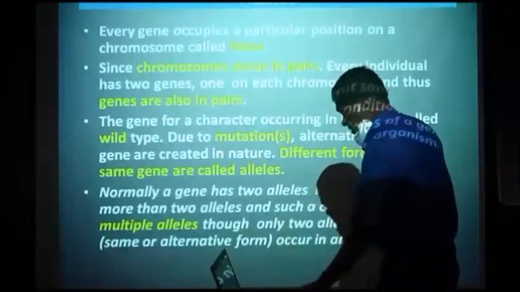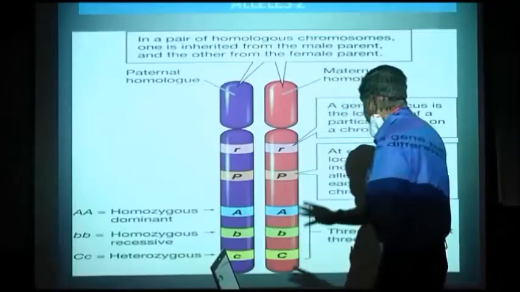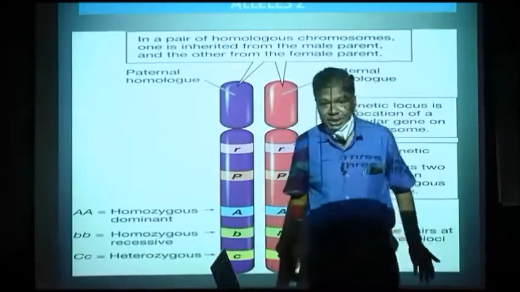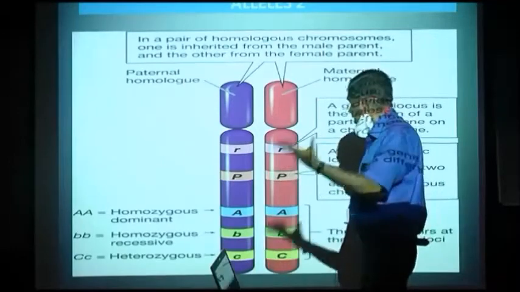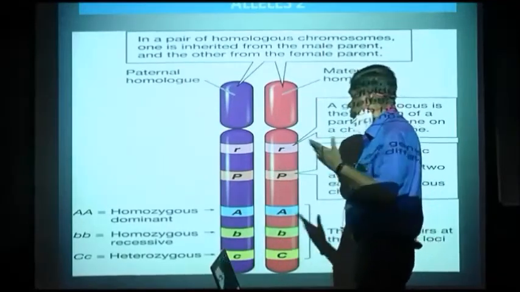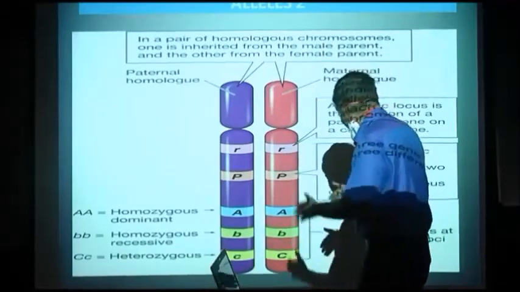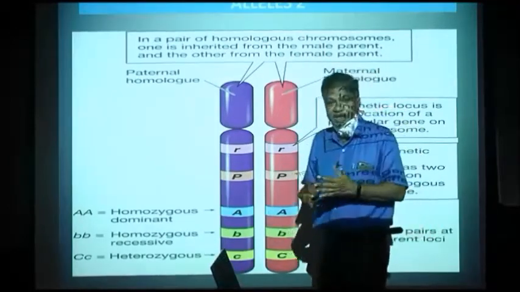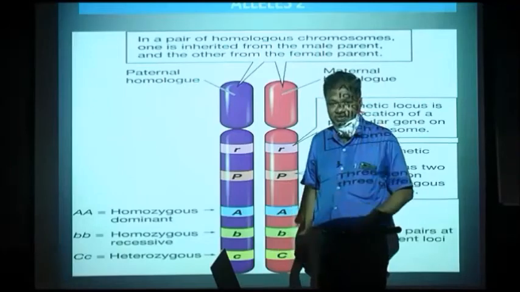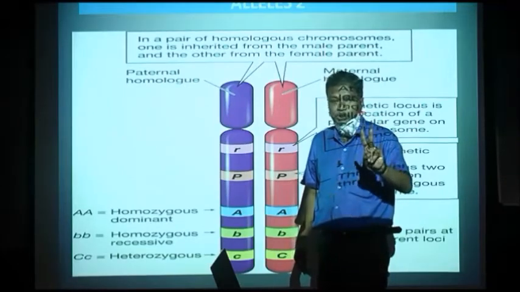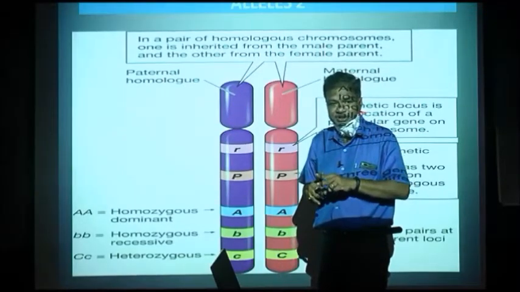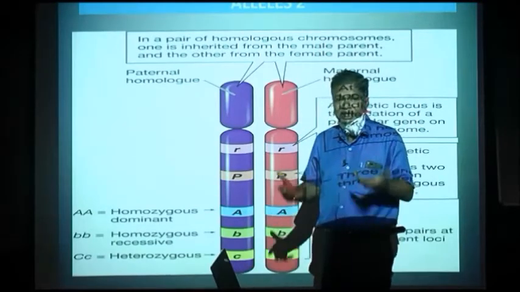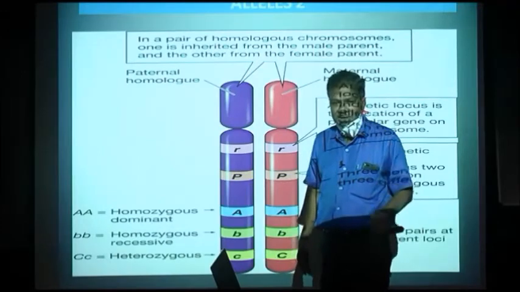I said that there are two alleles. Now, the allele which is in nature is called the wild one. Wild ones are usually dominant, and during the process of evolution, these wild ones get mutated to the recessive ones. Normally we find two alleles, one dominant and one recessive, but sometimes we get more than two alleles, then it is a case of multiple alleles.